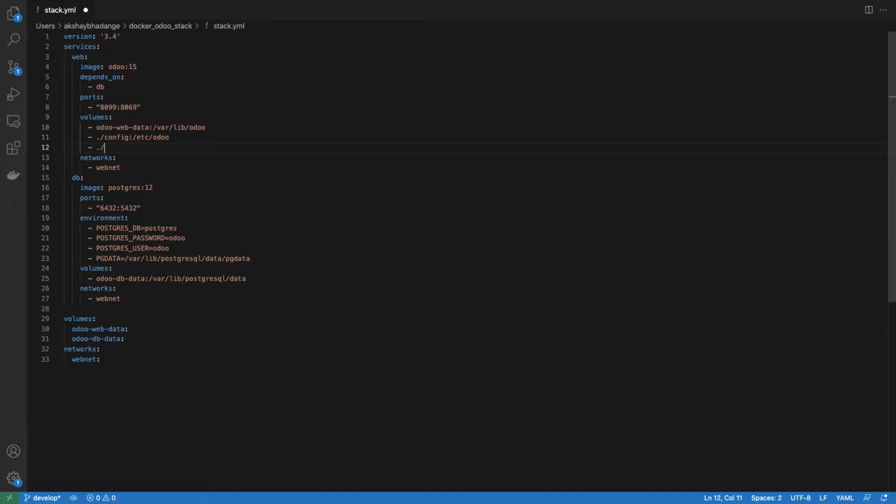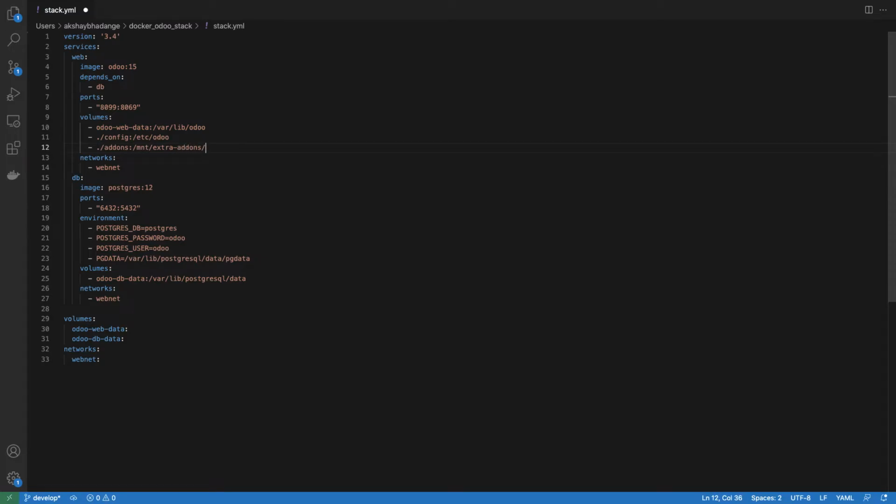So what I want, in a current directory there is folder called add-ons. Mount that folder inside the Docker container, and as we know that by default Odoo store their community add-ons or any all kinds of add-ons in directory called mnt slash extra add-ons.